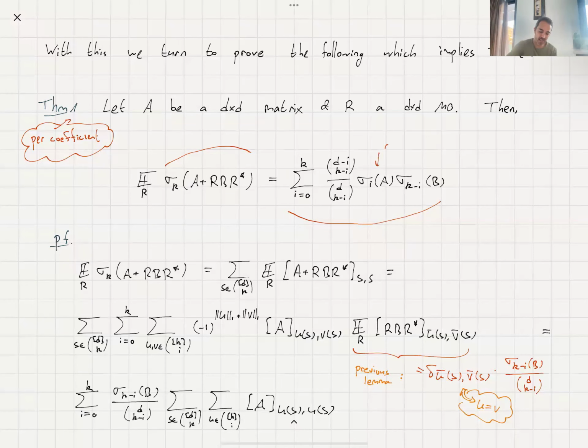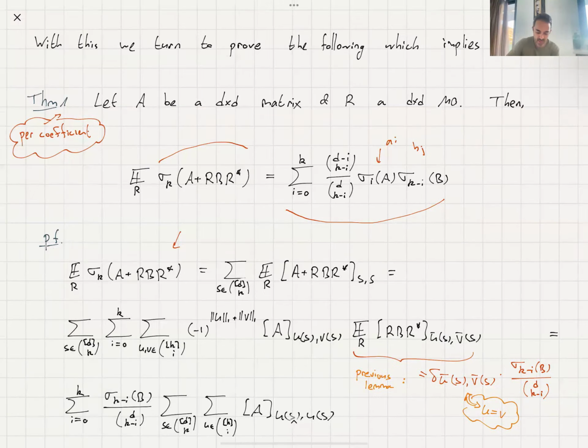This was like A_i, and this was like B_j, where i plus j equals k and so forth, but it was this thing. And so let's go over the proof. On the left-hand side, you have this thing,